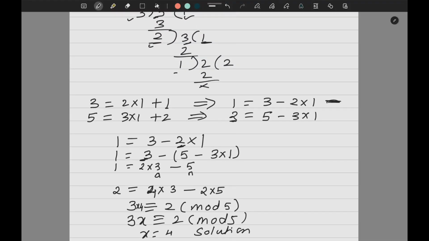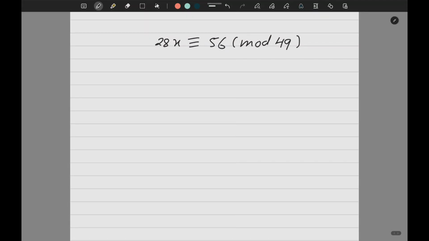Let us quickly try one more question to make it clear. As I said, it is very important for exam point of view, this type of solving the linear congruence. Okay. So I'll give you a quick method to solve this. Now see, I have selected little big numbers. Now what is the value of a here? A is 28, b is 56, n is equal to 49. And tell me what is the value of d? D is nothing but the GCD of 28 and 49. So it is 7 in this case. And the 7 divides 56. So yes, I do have a solution.